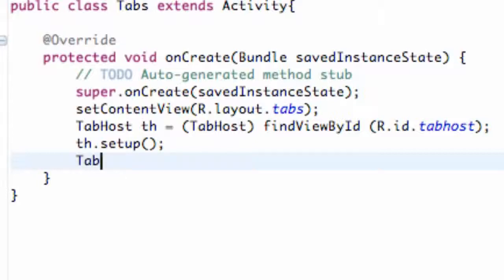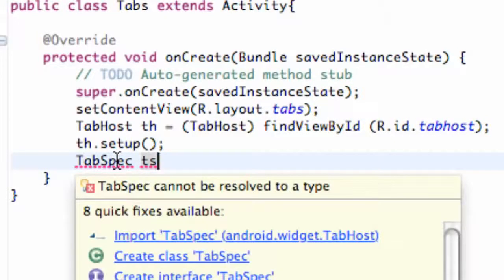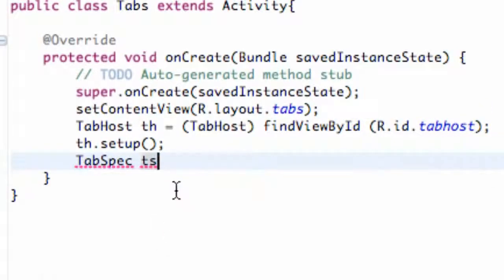So TabSpec, and we're going to call this ts for tab spec, and we have to import our TabSpec class here. Then we say our tab spec is equal to our tab host